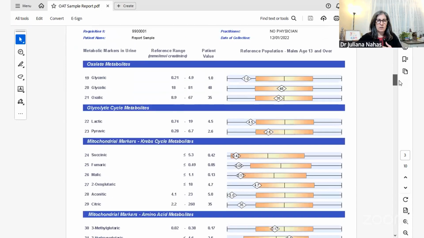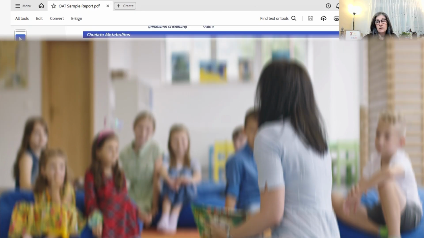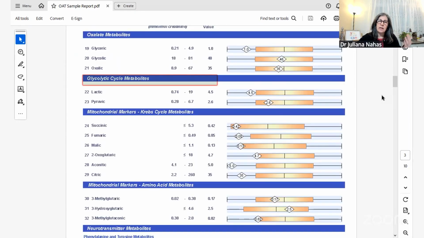So we saw the oxalate metabolites, and I would say that a lot of my children with autism have elevated oxalate metabolites because they have an impairment in the breakdown of these metabolites, or they have yeast infection that's causing these metabolites to go up. So we often see a disruption here. Now, depending on whether glyceric and glycolic are also extremely elevated, those can indicate a genetic issue, like some genetic problem that's not going to be corrected with genetics. We're going to have to correct it by fixing the diet, to override the genetics, basically. But if we see oxalic pretty high and the other two okay, then it may be a yeast infection causing